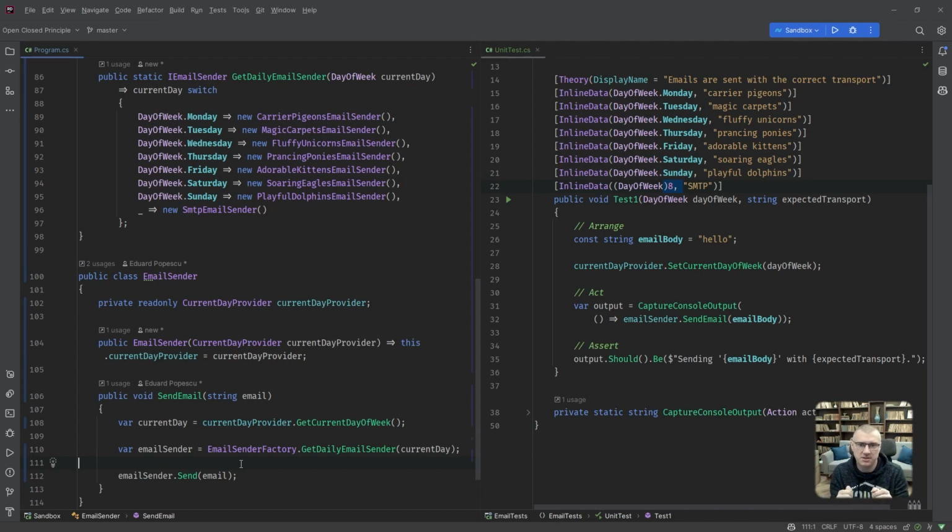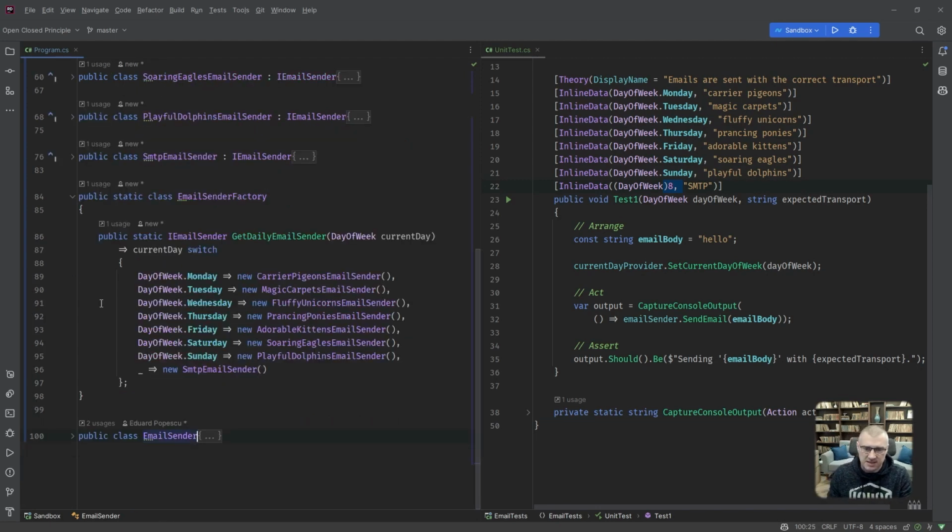Okay, it's not a magic bullet. It's just a pattern. Okay, just a principle. So leaving this aside for a second, let's come back to this interesting thing. Right now, what we have here is almost like a dictionary, right? And it's hard-coded in code, like, hey, if Monday, then instantiate this thing. If Tuesday, this thing, okay? Like I said, if tomorrow, or in the future, we get the 8th day of the week or whatever, okay? We'll have to come in here and change or add this new switch case, right? This new scenario.